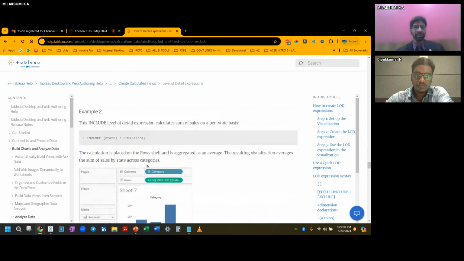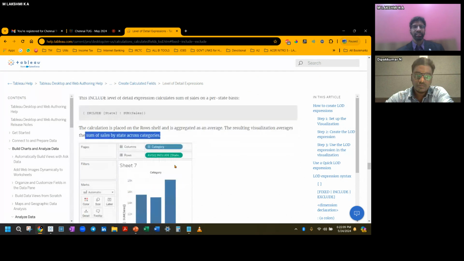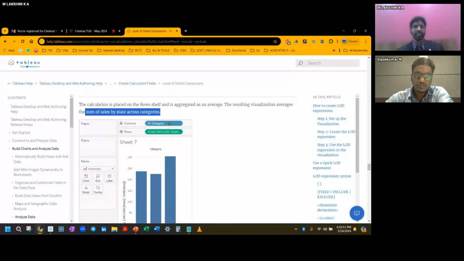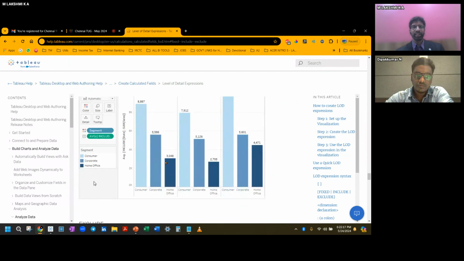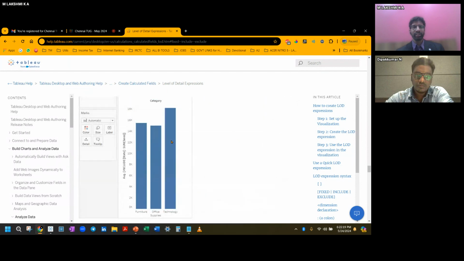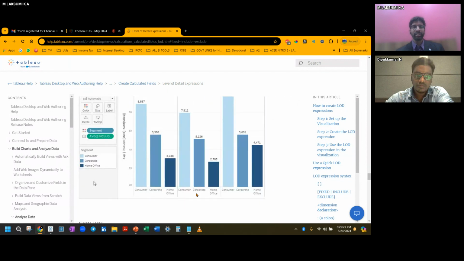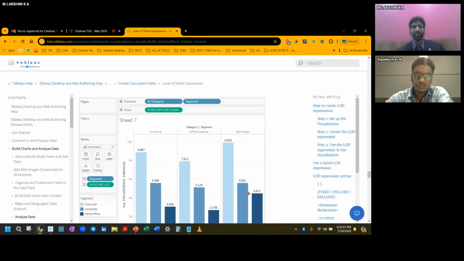Now let me show you one example here. See, the calculation is placed on the row shelf and the aggregate is an average. The resulting visualization averages sum of sales by states across regions. So this is what we're doing, calculating category by average of states. Now ideally you're seeing that from three columns, it has spread across three different segments because you have category and segment.